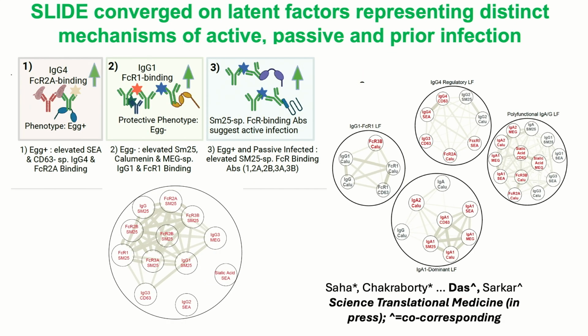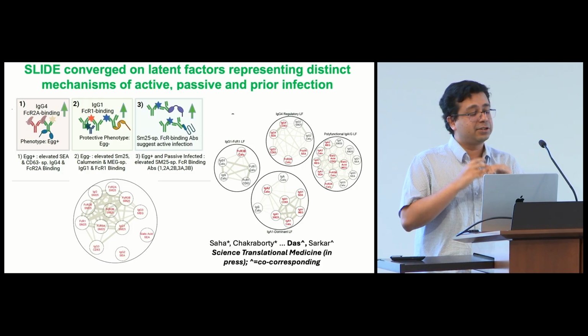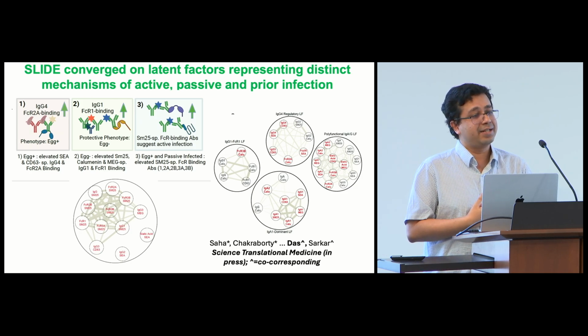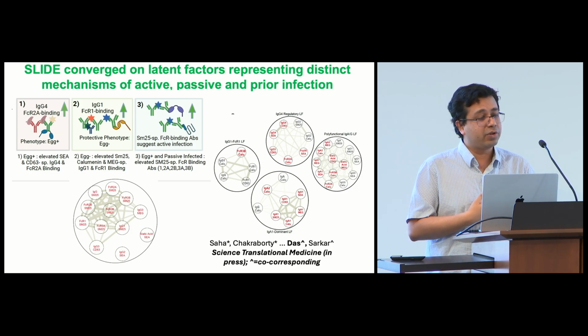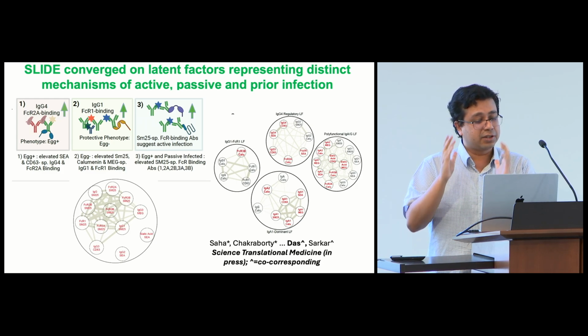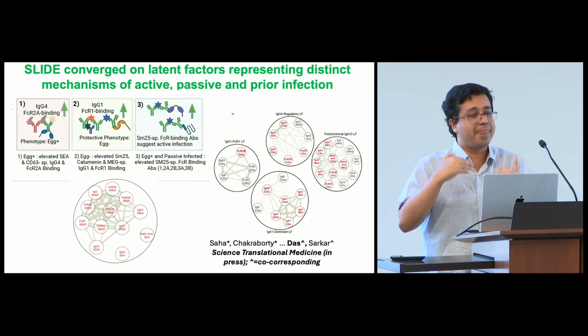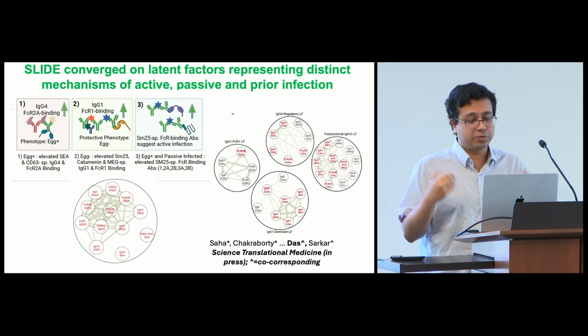What we also were able to do is look at different mechanisms of active, passive, and prior infection, and I won't go into details of that, but all I'll say is it's not just IgG4 in classical helminth infection. We find a key role of IgG1, and also the unbiased profiling tells us that CD63 and calumenin are the two major antigens that people focus on, but actually we find this SM25 specific responses are a critical discriminator, not of active and prior passive, but within prior and passive, and that can help early detection. So this is really, really important.